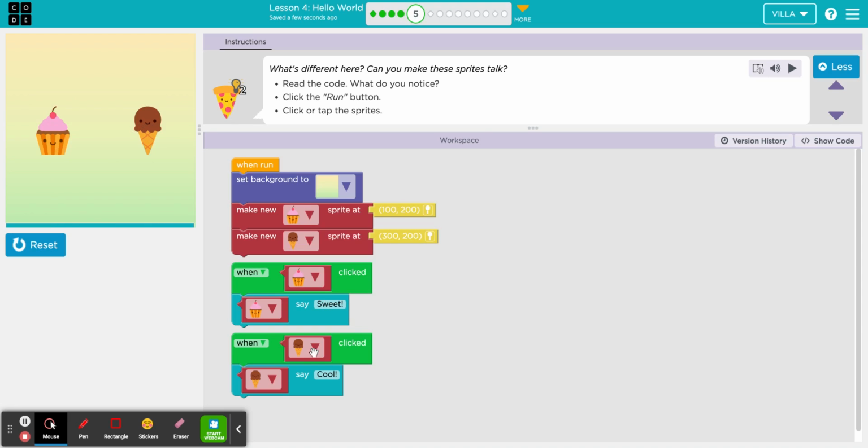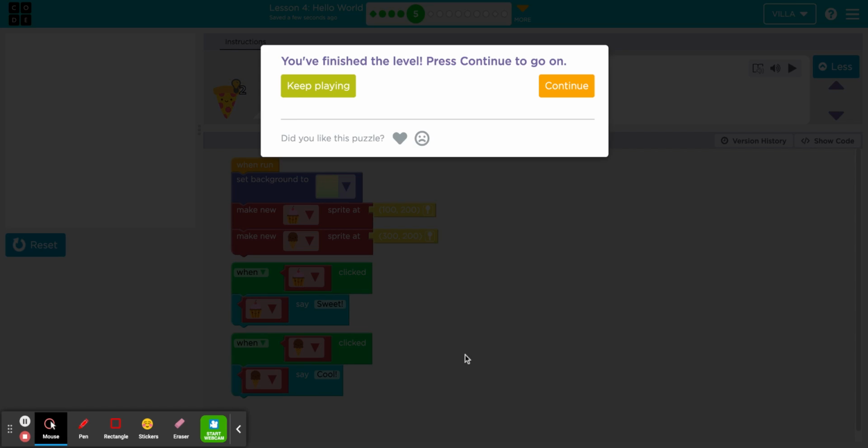That's how those event blocks work. They are programs, but they are programs with specific parameters. They will not work until you do something that they ask. In this case, it says when cupcake clicked or when ice cream cone clicked. This is the last puzzle for this tutorial. You do not have to click keep playing, and you do not have to click continue. You are welcome to close